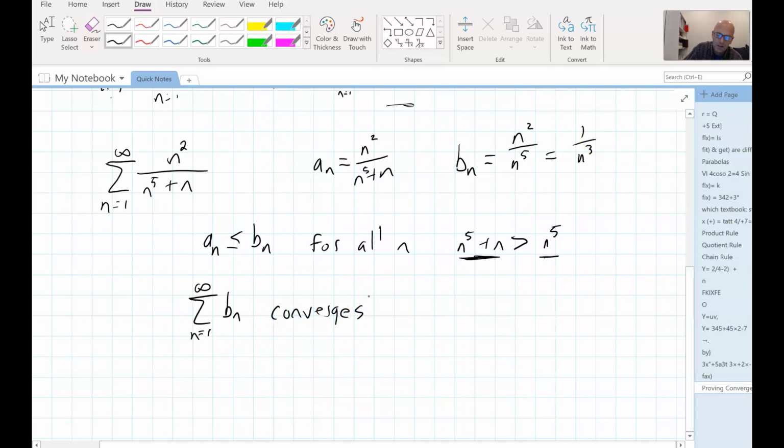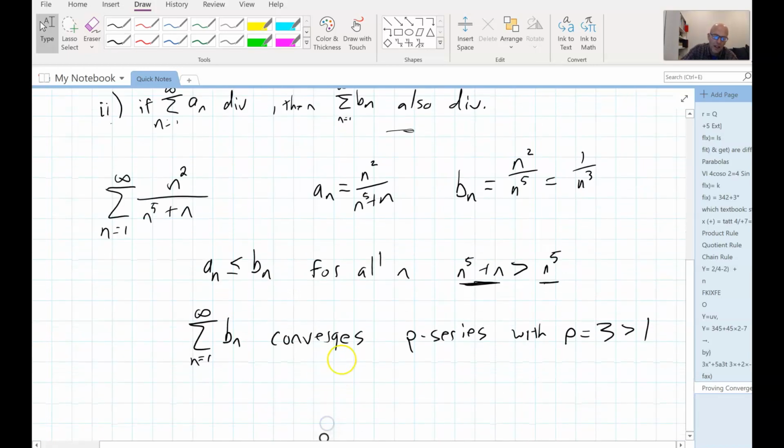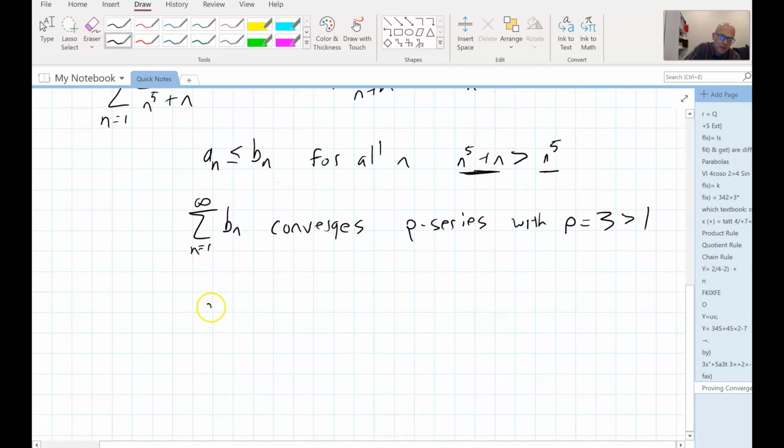How do I know it converges? Because it's a p-series with p equal to 3. All right? So anyone that knows anything about the known series, if we have a p-series with p equal to 3, which is greater than 1, right? We know that it converges. Okay, so now we've established that every term of the b sub n sequence is bigger than every term in the a sub n sequence, and we just showed that the series associated with b sub n converges, so therefore we can conclude,